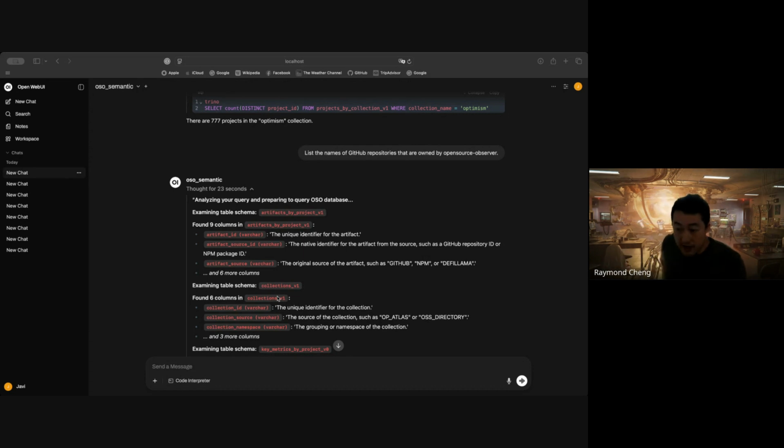Because even if it gives you the wrong answer, it has access to more things than Gemini has access to. So it is already performing better than Gemini for certain kinds of things, like how many projects are in the optimism collection. Gemini would have no idea. There's no way for it to know. So all I'm talking about right now is the routing. If you can get the routing to be really accurate,